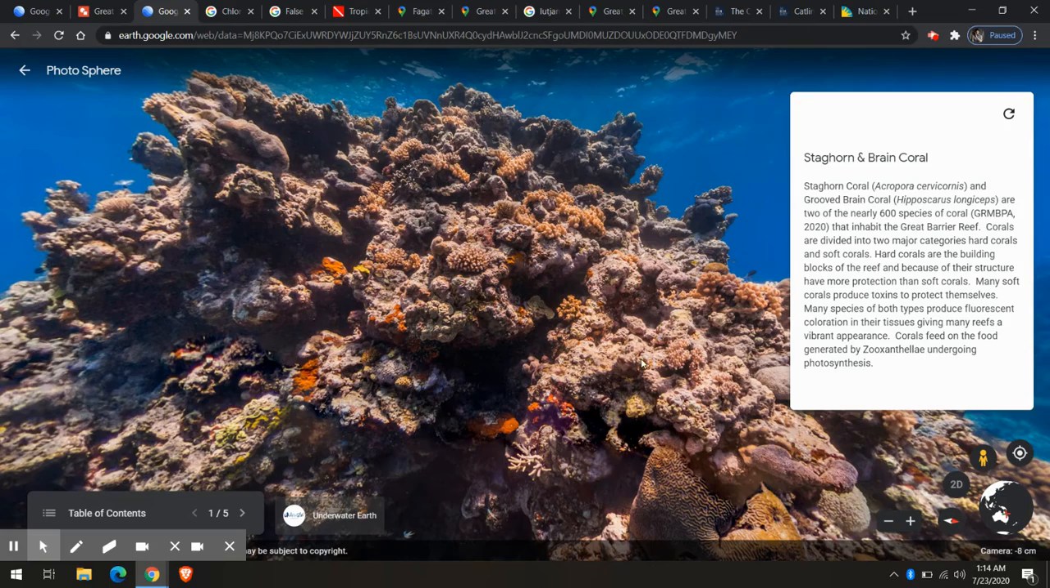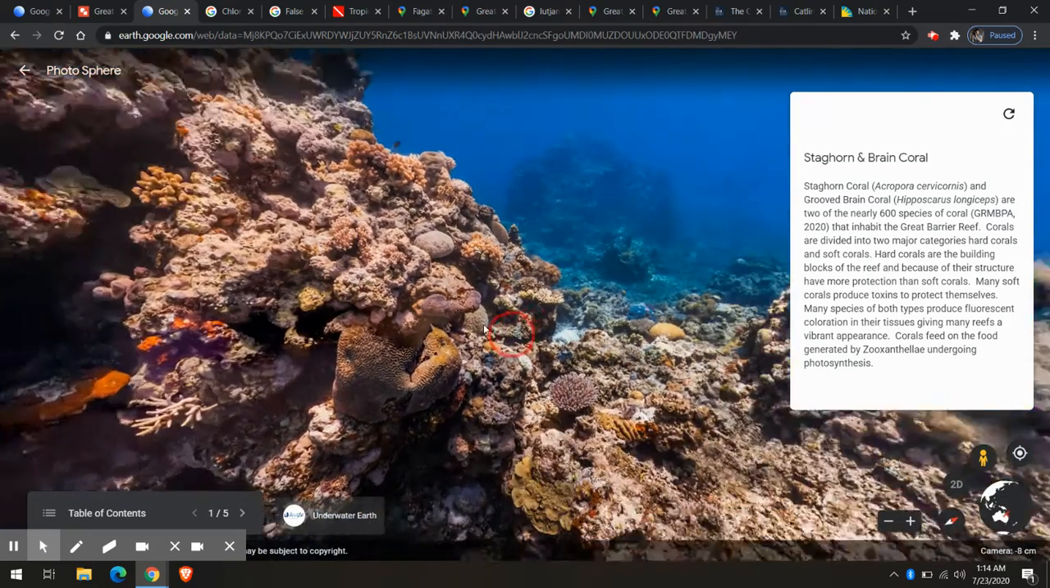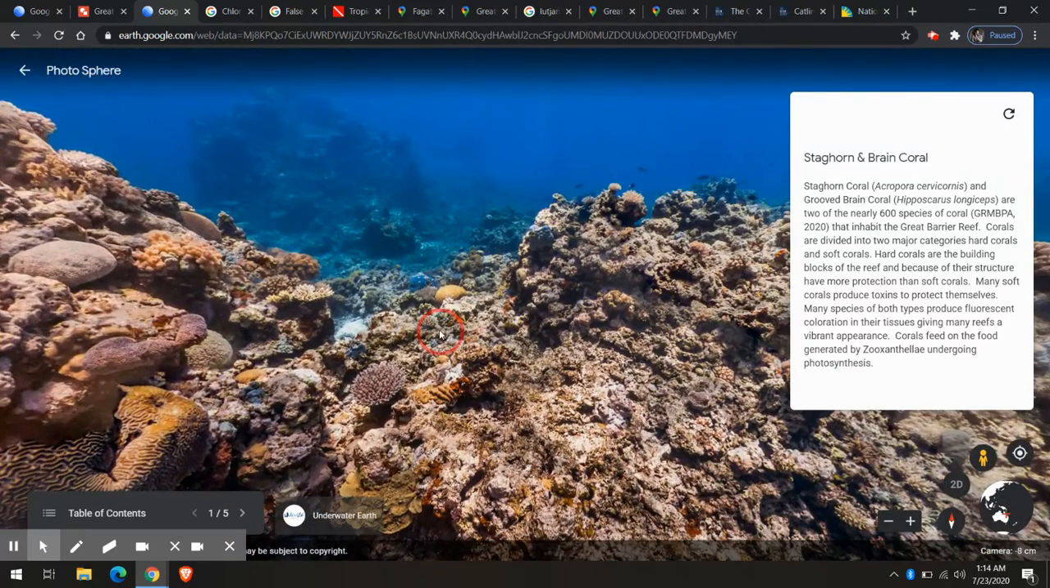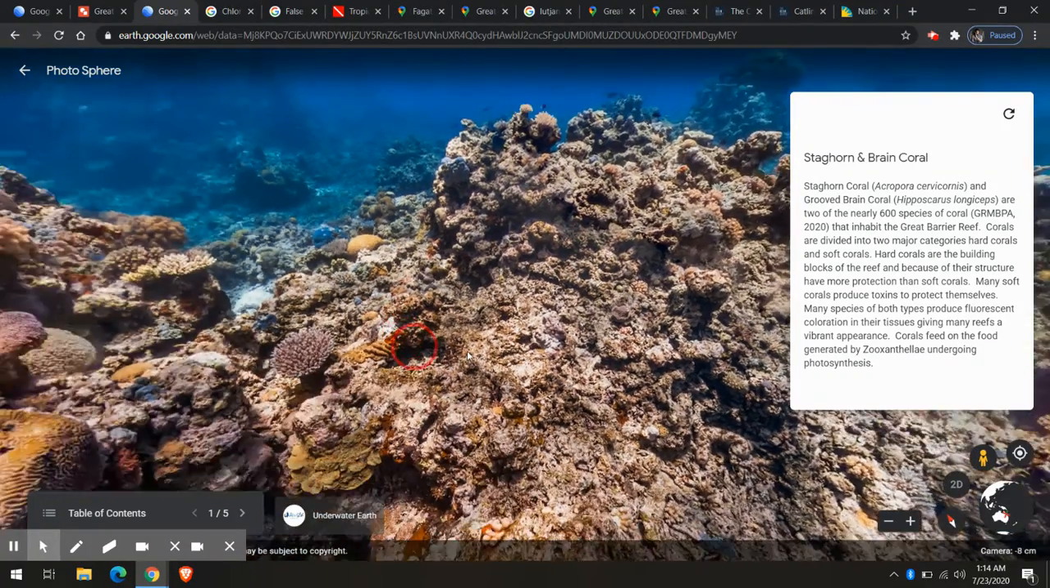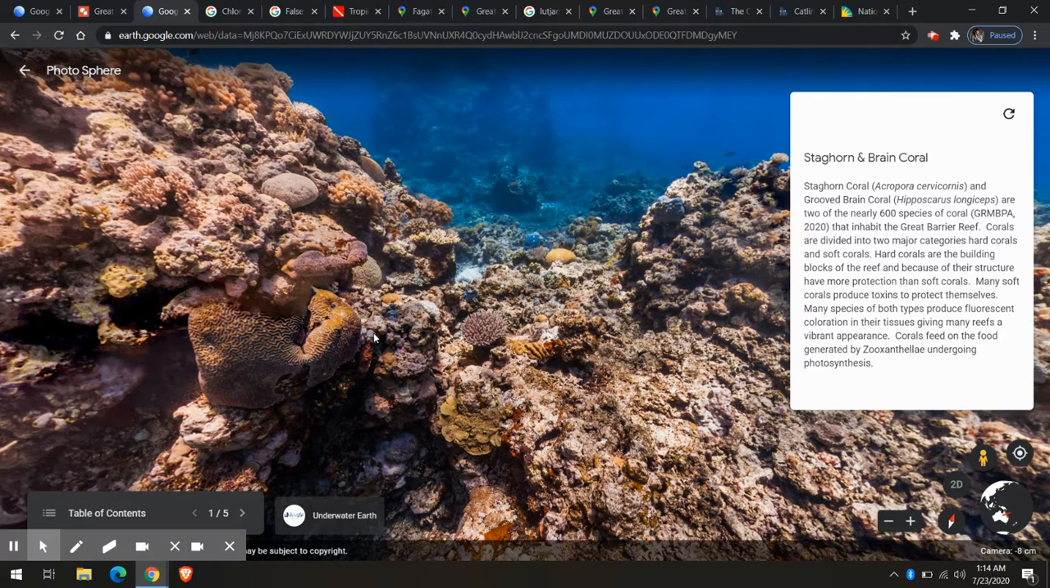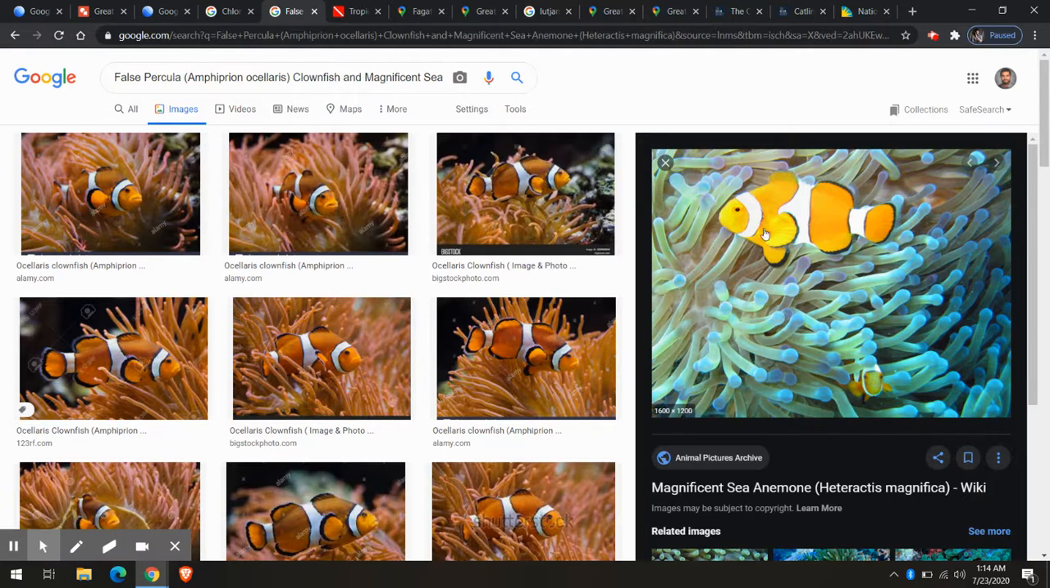Soft coral is a little bit more delicate, and it actually isn't as strong technically as hard coral, and it can die off a little bit easier. But a lot of soft coral has a great defense. If you guys have ever seen